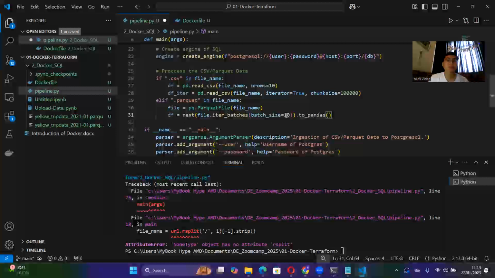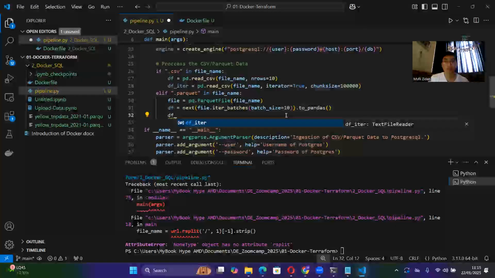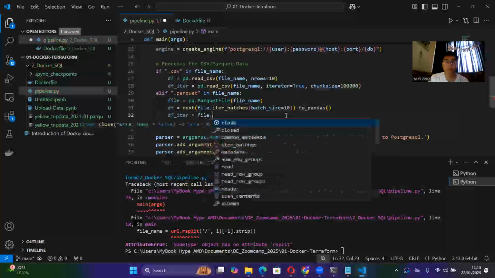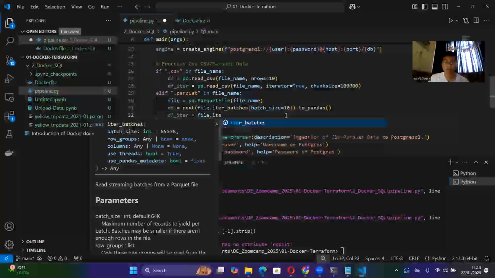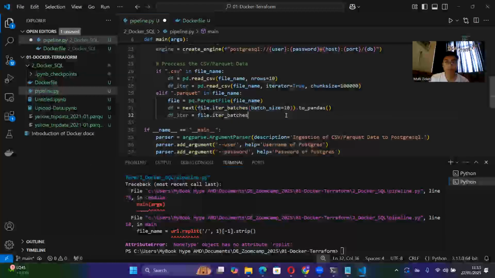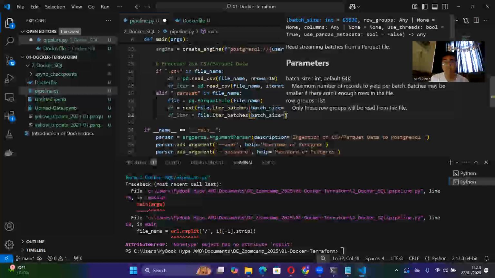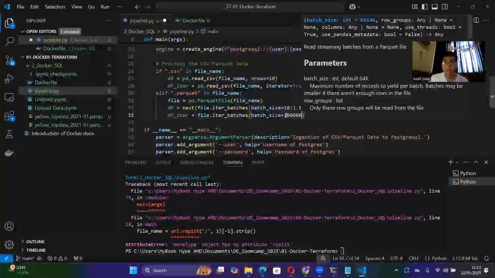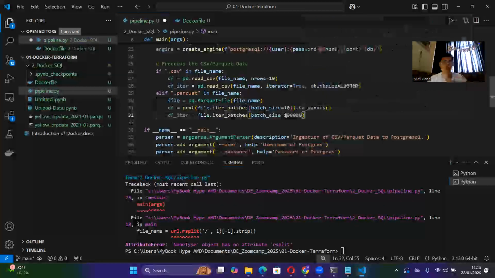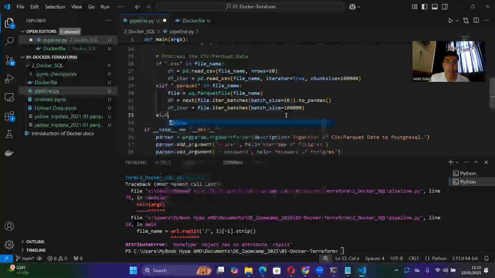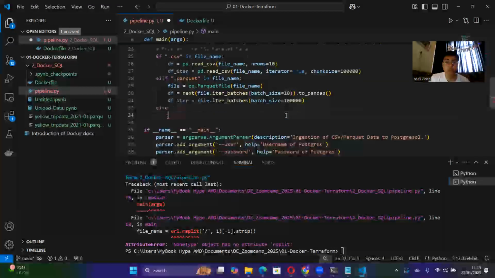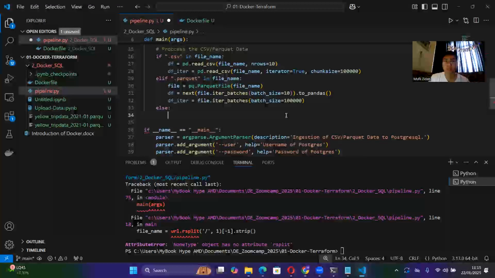Okay, then df_iter, I want file.iter_batches, and then again 100,000. Okay, already. And if the format is not Parquet or CSV,